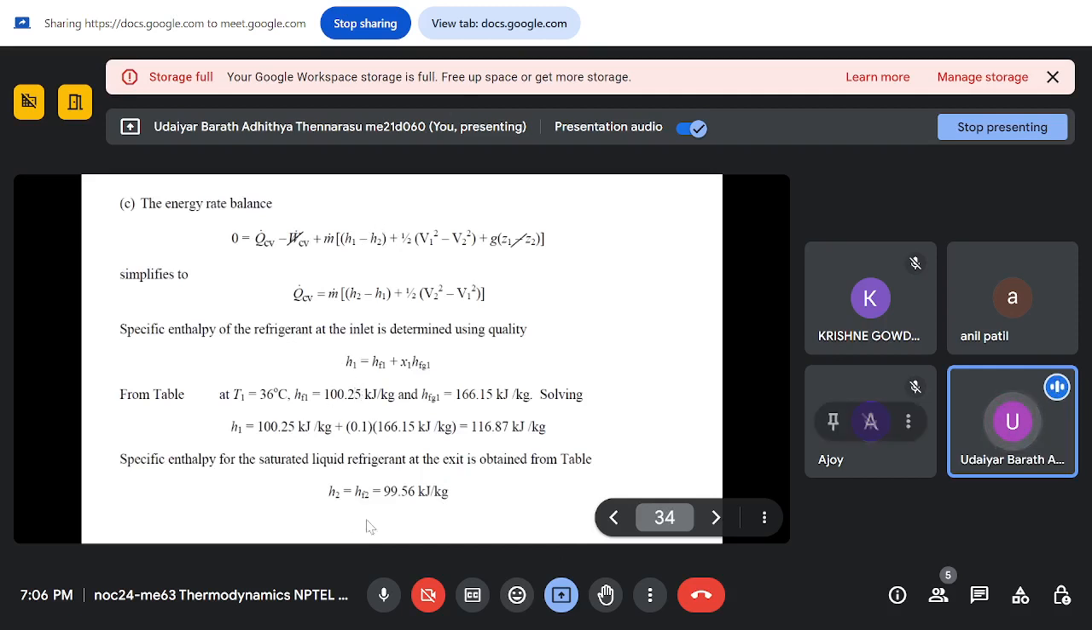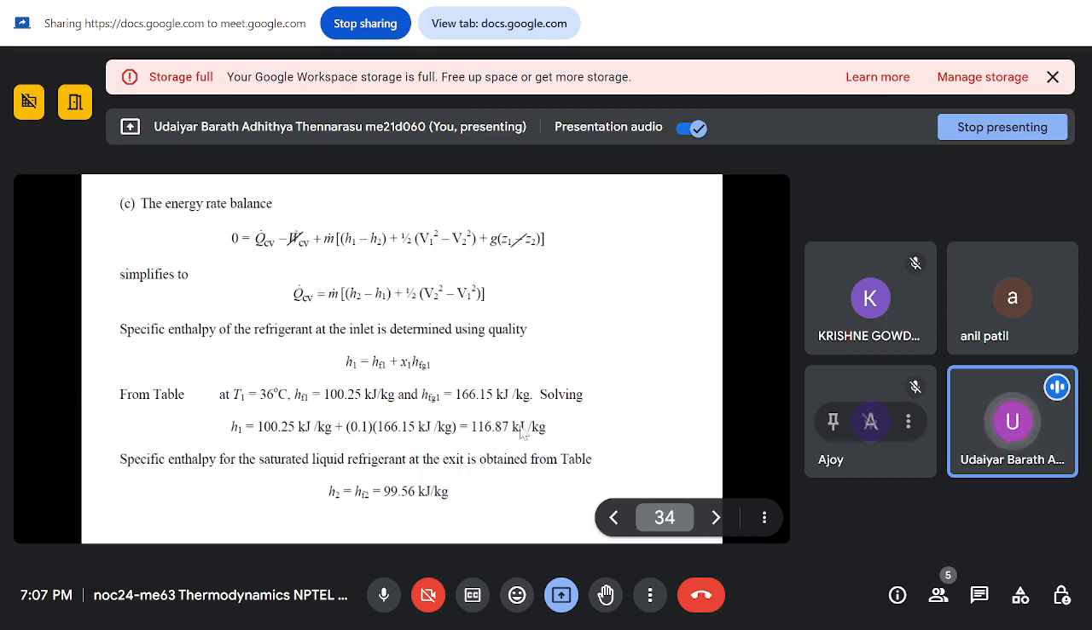From the table it will come out to be 99.56 kilojoule per kg. And the enthalpy at state 1, again we know the vapor fraction. We will find out the saturated liquid and saturated vapor enthalpies for 36 degrees Celsius, and we will find out H1 as Hf plus x into Hg minus Hf. So substituting the enthalpy values, we will get H1 as